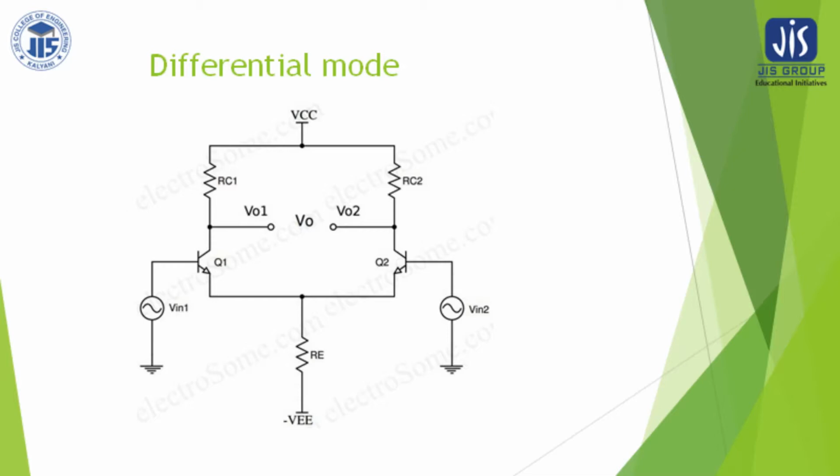Okay, so suppose our IE1 increases. At that time, what will happen to IE2? IE2 should decrease, because whatever positive voltage you are applying here, the same negative voltage you are applying here. So when one is increasing, the other will be decreasing, because both inputs are the same, only inverted at one terminal with respect to the other terminal.